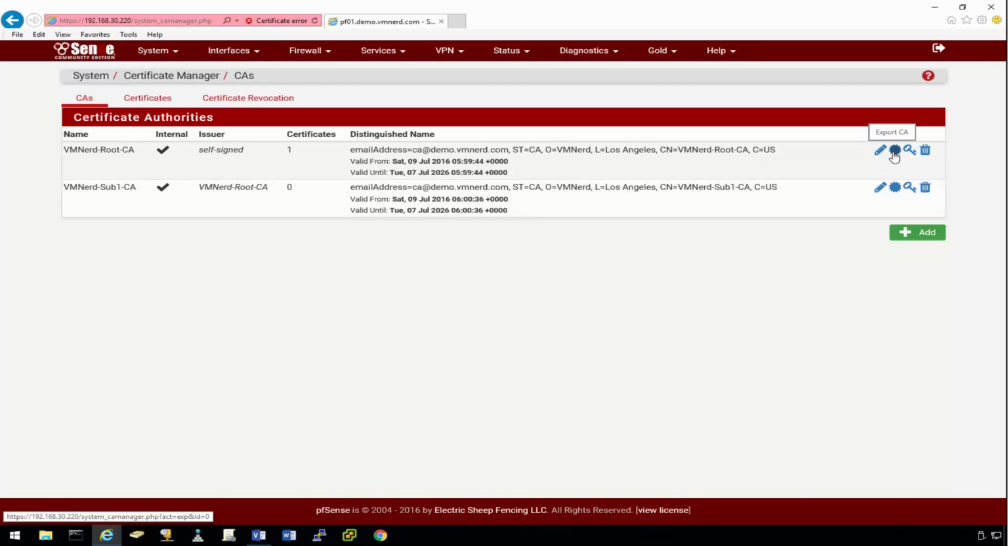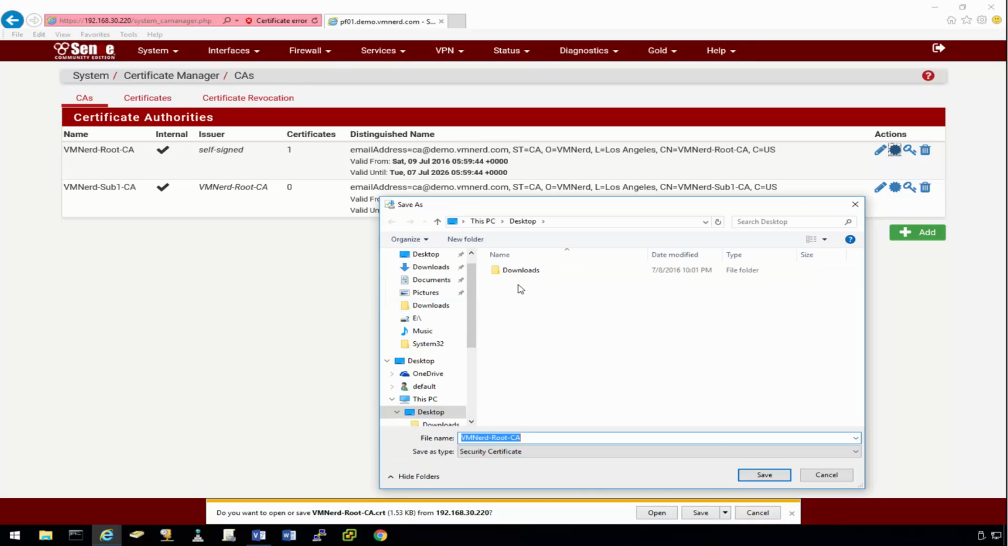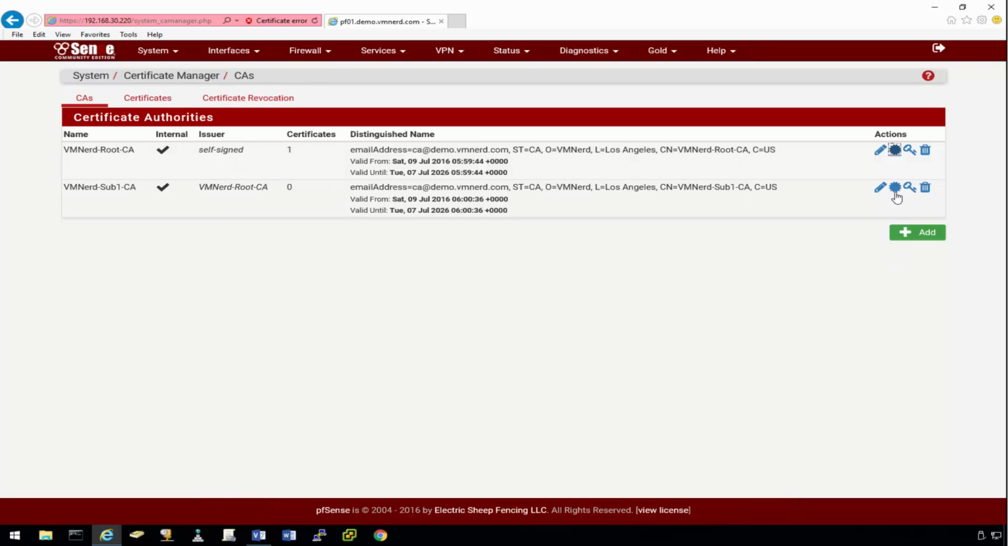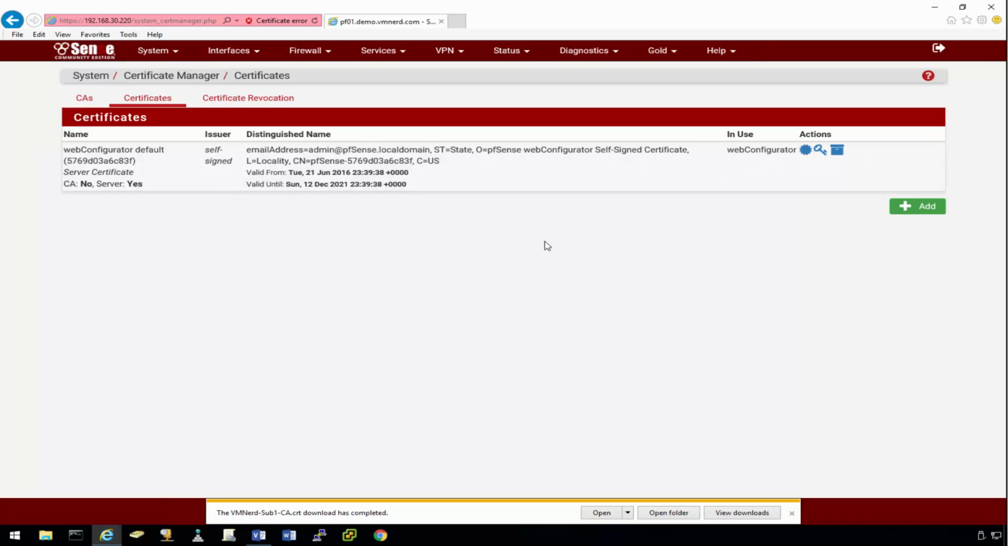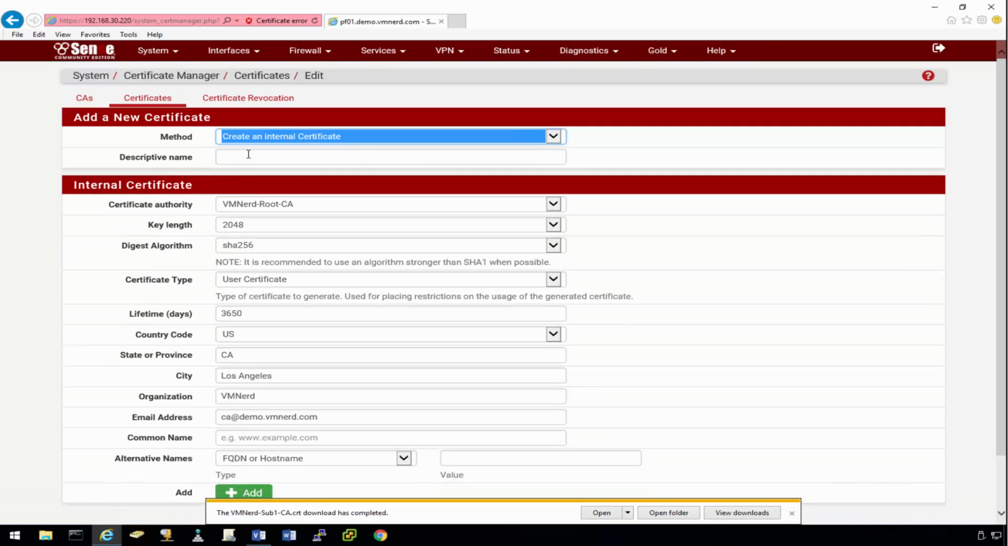Okay. So go ahead and download this guy. Save. And we will download this guy as well because we're going to need him for part of the distribution method, a way of deploying the certificate to your machines. Okay, and then the next thing we want to do is create a certificate, one that will leverage the certificate authority. So in this case, we're going to call this guy